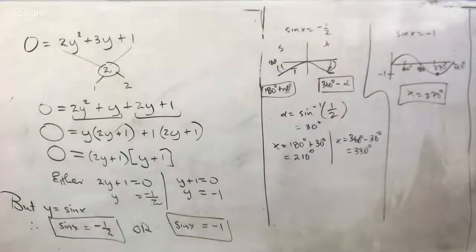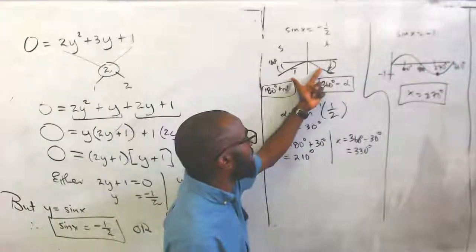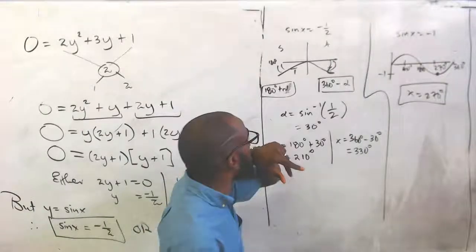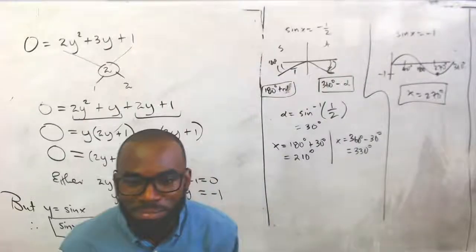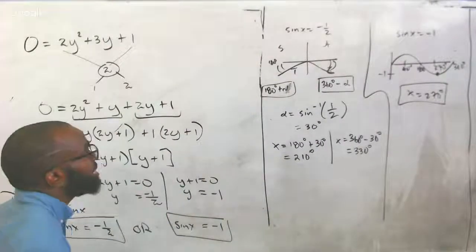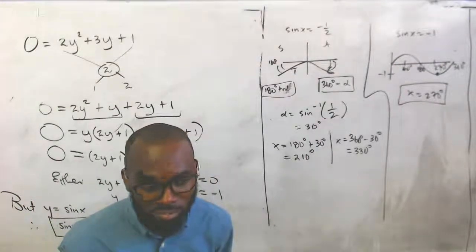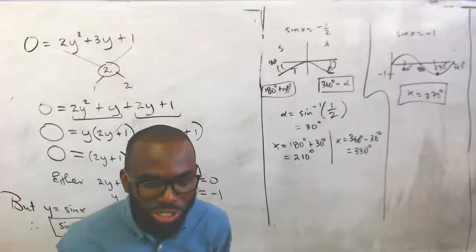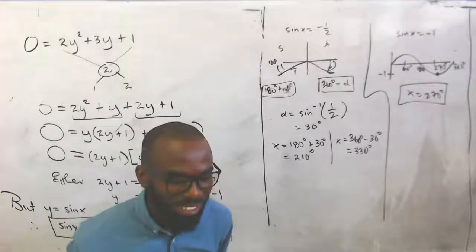Sir, why do you say we can't use negative in the inverse? It's just a procedure. If you plug it in your calculator, that's the value on the graph. Plug in minus 30, and you get minus 30, which is not in the interval of 0 to 360. You see the problem? There's a way to manipulate it, but we don't bother with those things. That's too much manipulation, so we just tell you don't put the negative in there. Clear now? Yes.